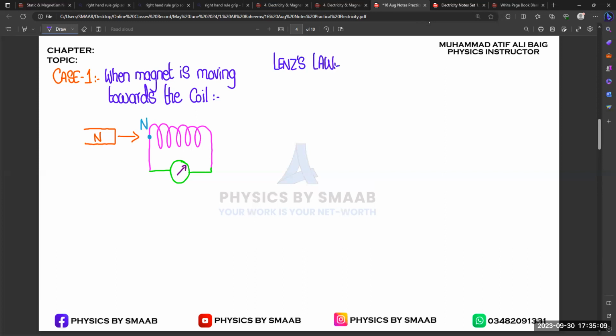So there is a concept of Lenz's law, and Lenz's law explains the direction of the pole, that is, how the magnetic field will generate in the coil when the magnet is moving towards the coil or away from the coil, right? So according to the statement of Lenz's law, we can say that